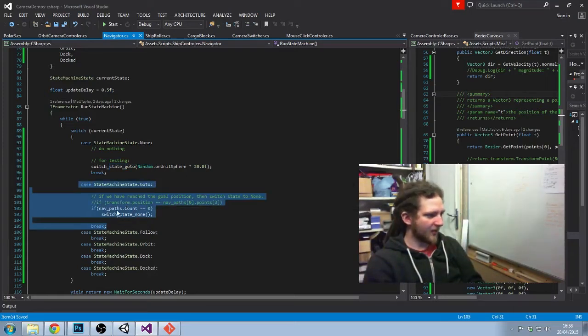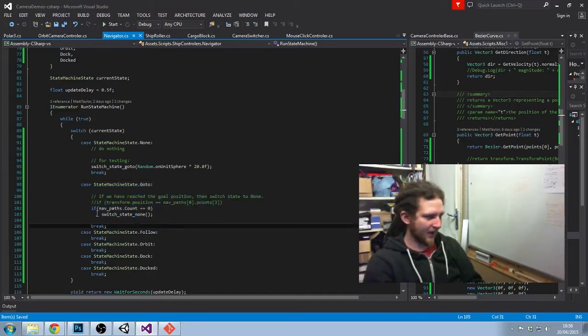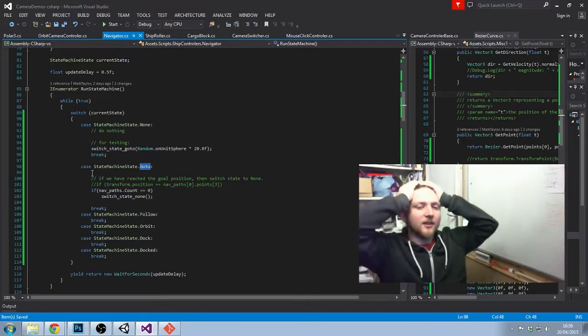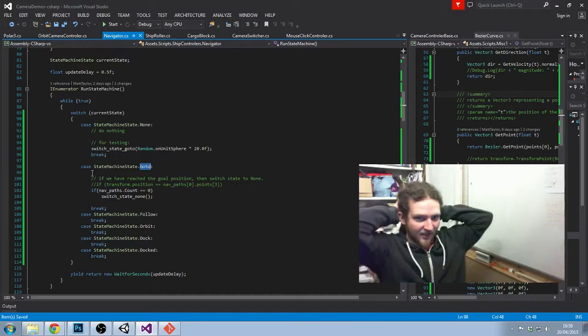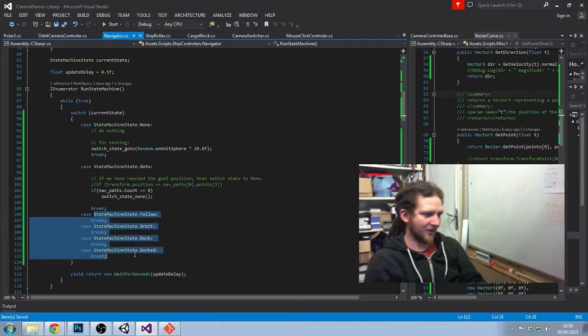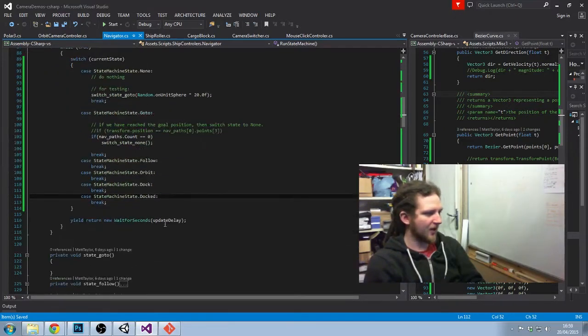The second state we've got implemented is the go to state, and all that does is sit there waiting for all of the execution to be finished. In the go to mode, it will execute the list of nav paths one by one until the list is empty, and then when the list is empty it will switch back to state none. And then we've got these empty states which don't do anything. I guess these probably should switch to state none, but because I'm not calling any function to do those, I'm not going to bother. And then finally we've got a yield return new wait for seconds update delay, so